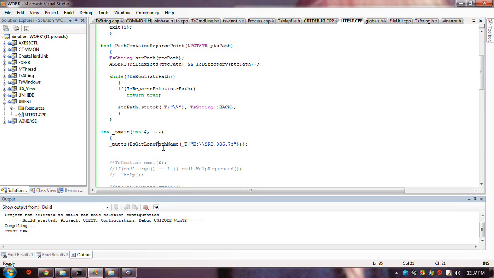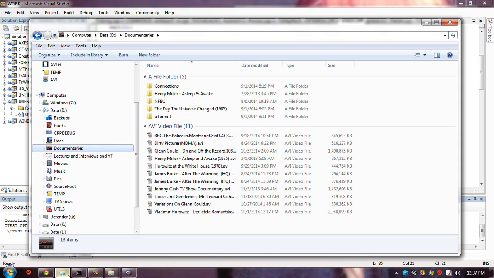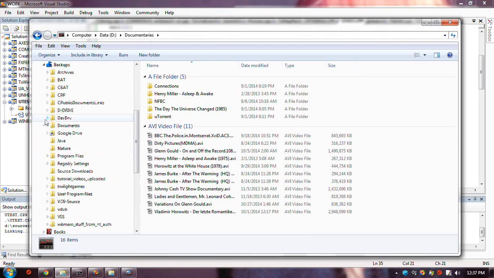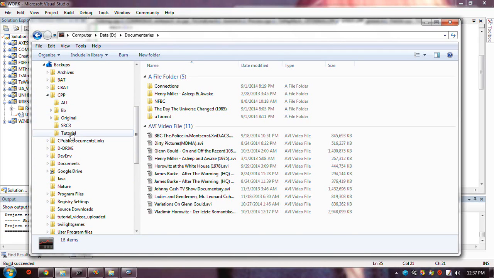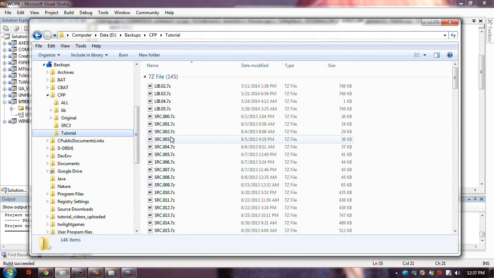What it should come back as is that K there happens to be in backups tutorial. That's this spot. So it should be D backup CPP tutorial.